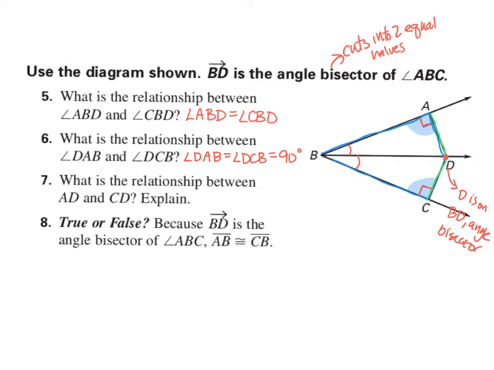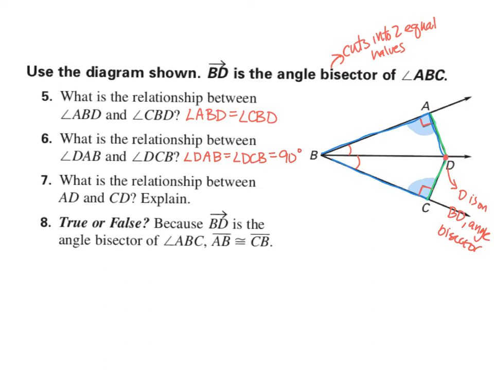So if a point is on the bisector of an angle, then it is equidistant from the two sides of the angle. So since D is on BD, the angle bisector, then we know it is equidistant